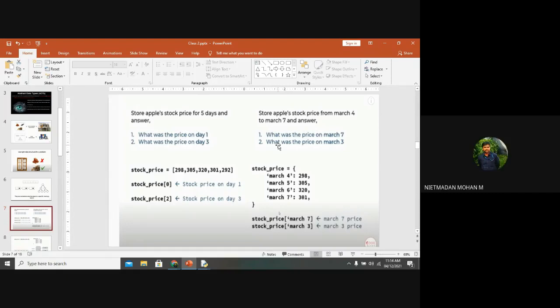So what was the key value here? On the left-hand side, we have given days, that means day 1 and day 3, and here we have given March 7. The question has been wrong, so not a problem. You can take that as 1 and 2, that means March 7th and March 3rd. So what is day 1 and day 3? What is meant by March 7 and March 3?